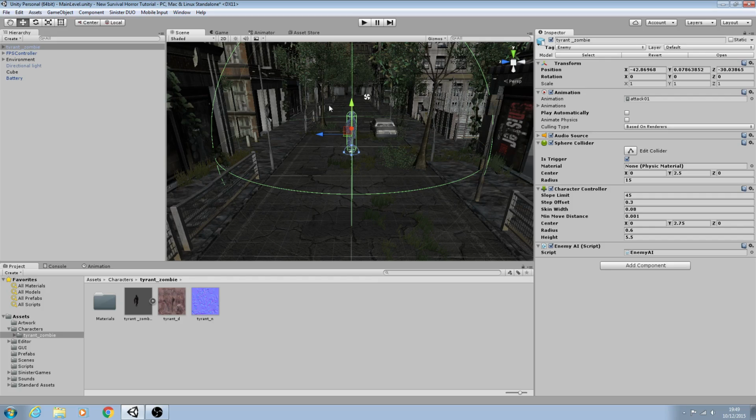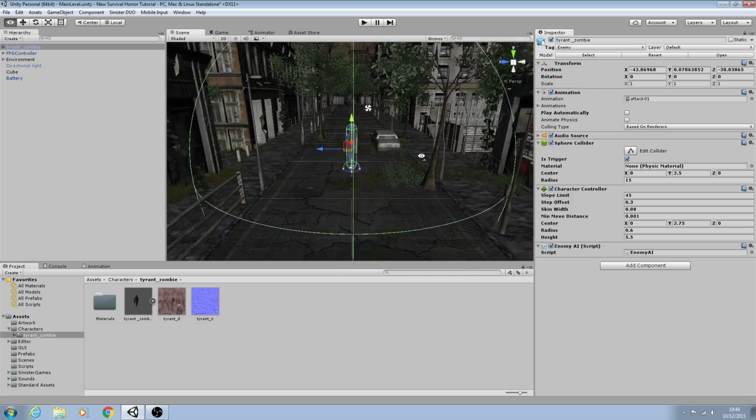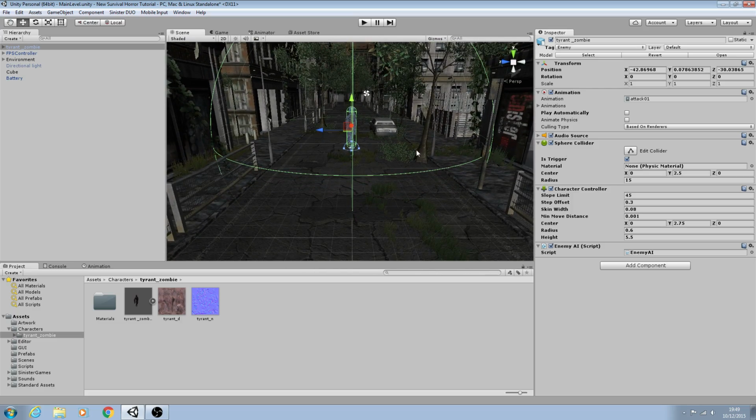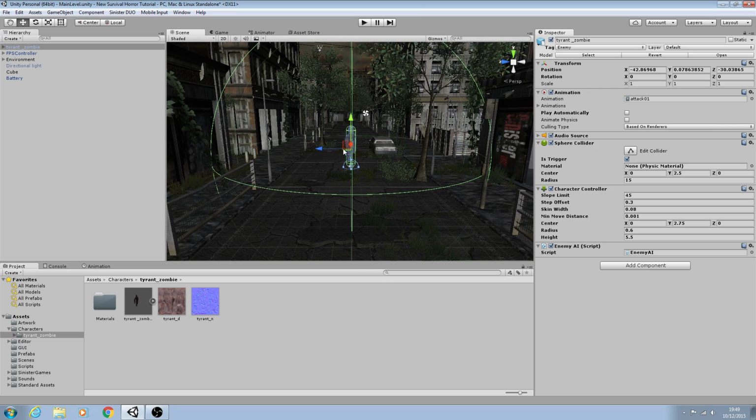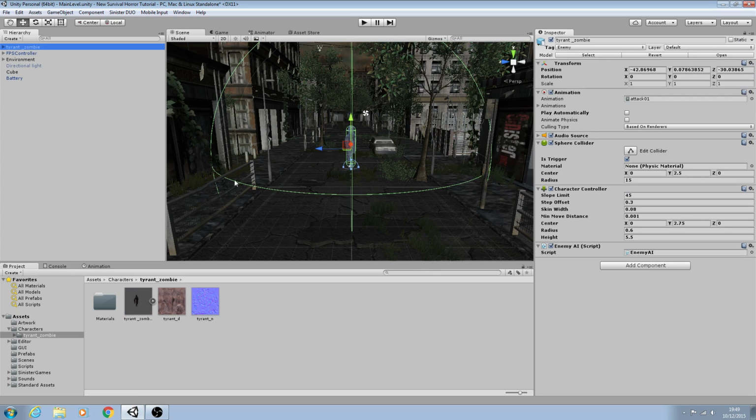In our last lesson we set up our enemy game object, and here he is in our scene. Now for the purposes of this series I'm just going to use legacy animations. It's what I'm used to personally. I'm a fairly old school programmer and yours may not be set to legacy as default, so if they're not,